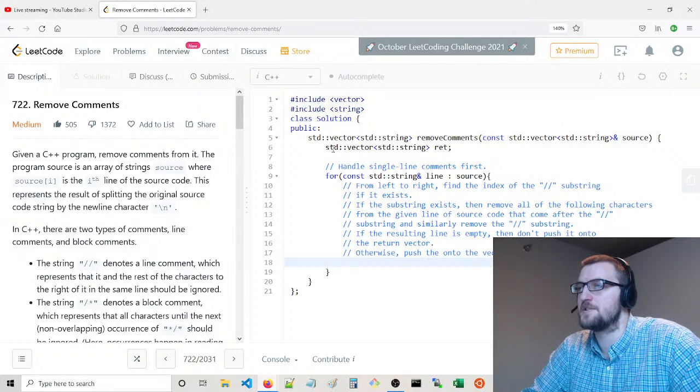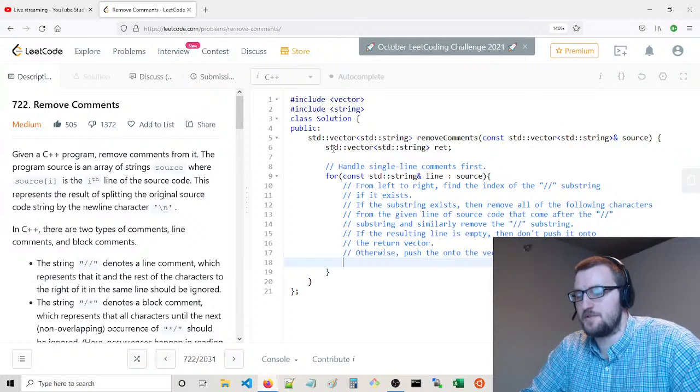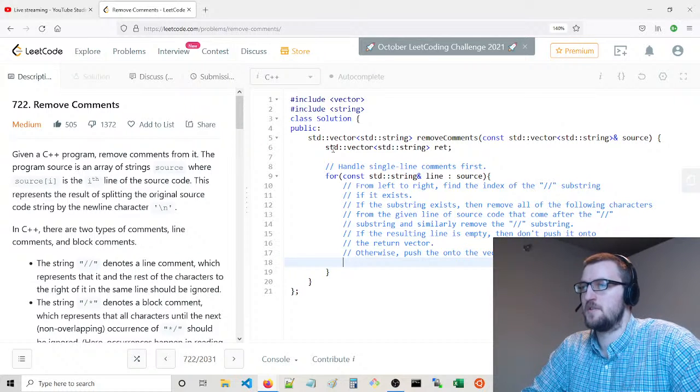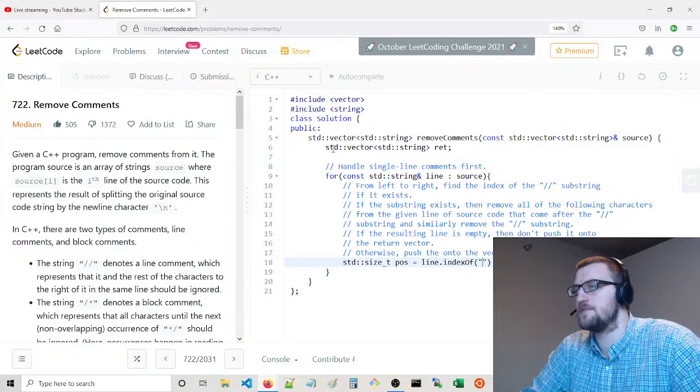Okay, so we'll say, index of, I think is what we do left to right. So we'll say int, I think you actually do size_t position. It's going to be line.find of this substring.